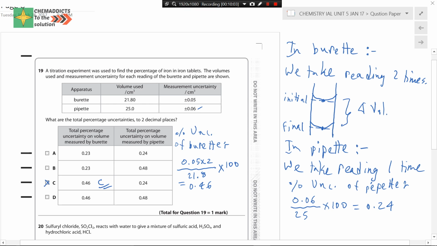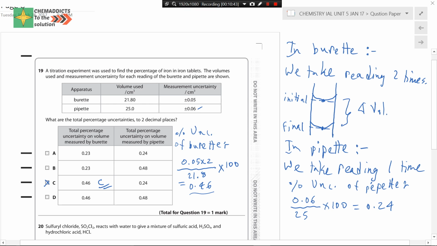So fellas, I hope that most of you fell into the trap of D, since in the burette we have multiplied 2 times, and in the pipette we have also multiplied 2 times. So the answer seems to come like this, but this is not the answer. The answer is C. I know most of you have chosen D, but D is not the actual answer. Why? Because we have already multiplied 2 times in the burette, so that matches with this answer. But in the case of the pipette,